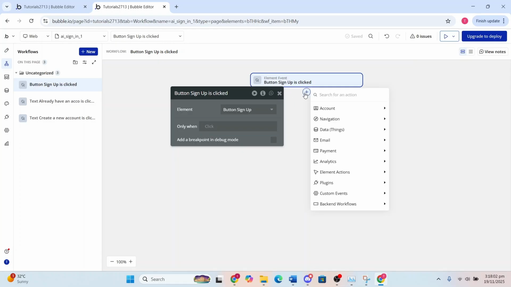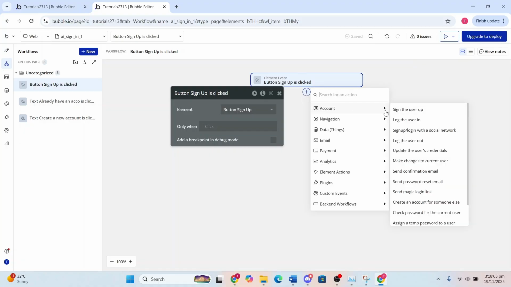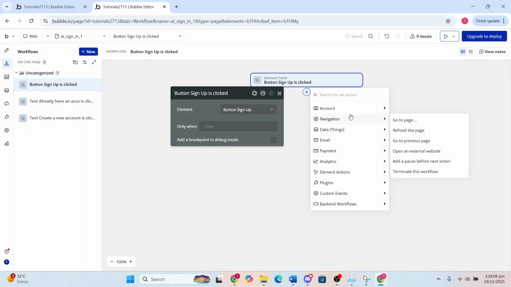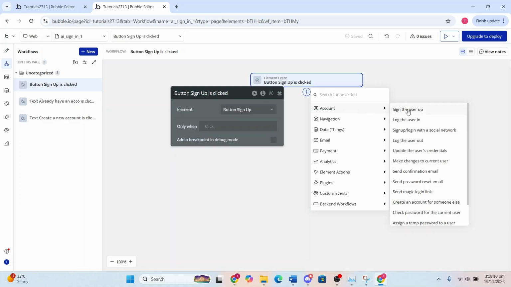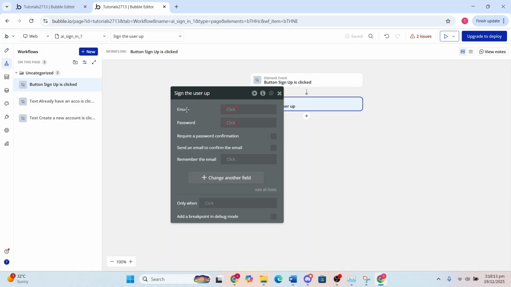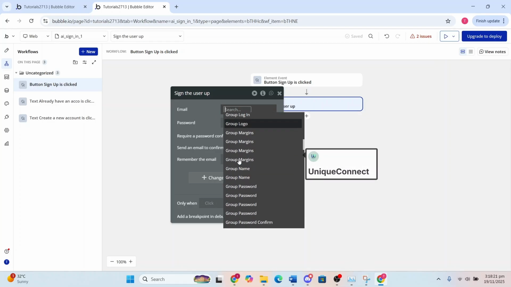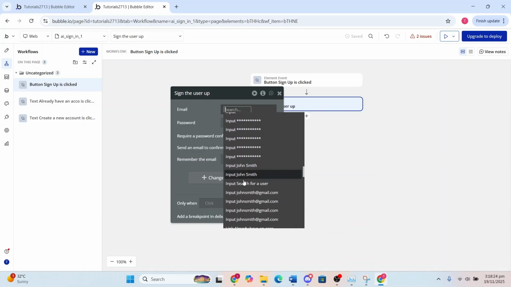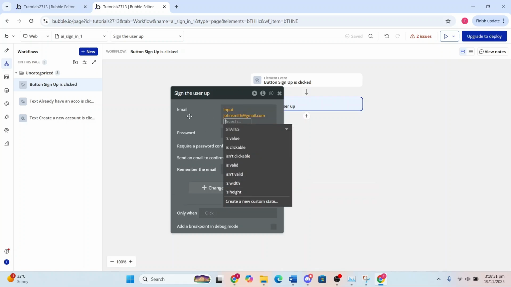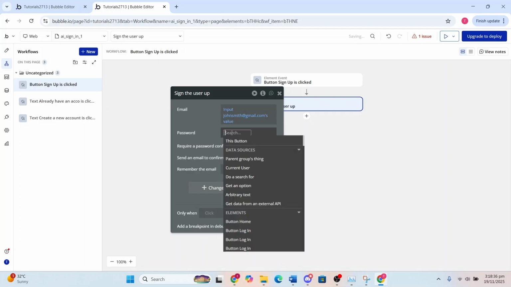We'll click on the plus icon, we'll hover over account, and they have many different options. So in my case, I'll hover over account, choose sign the user up. And then for email and password, I'll just click here and get the element. So let's scroll down. Let's get the input element. So we have our email right here, input johnsmith@gmail.com. That is what it looked like there. So that is what we'll get for our email. And what we want is the value. So choose a value